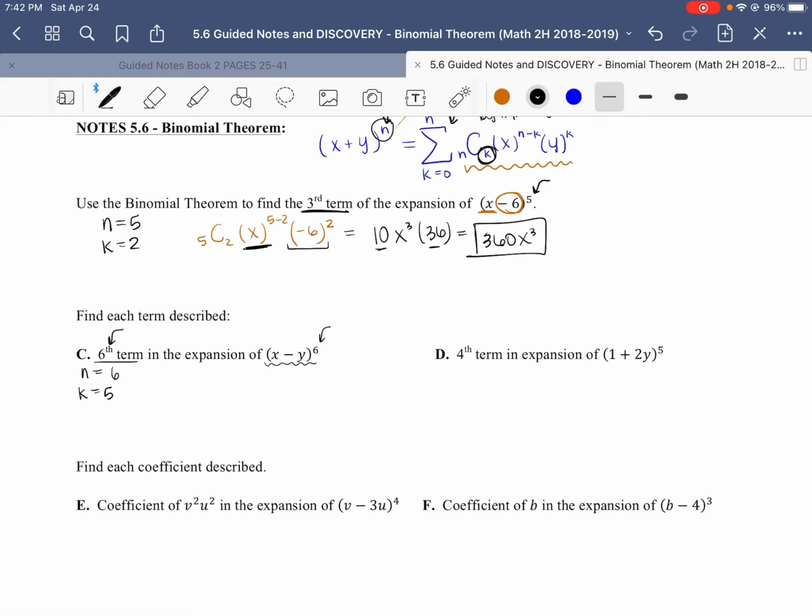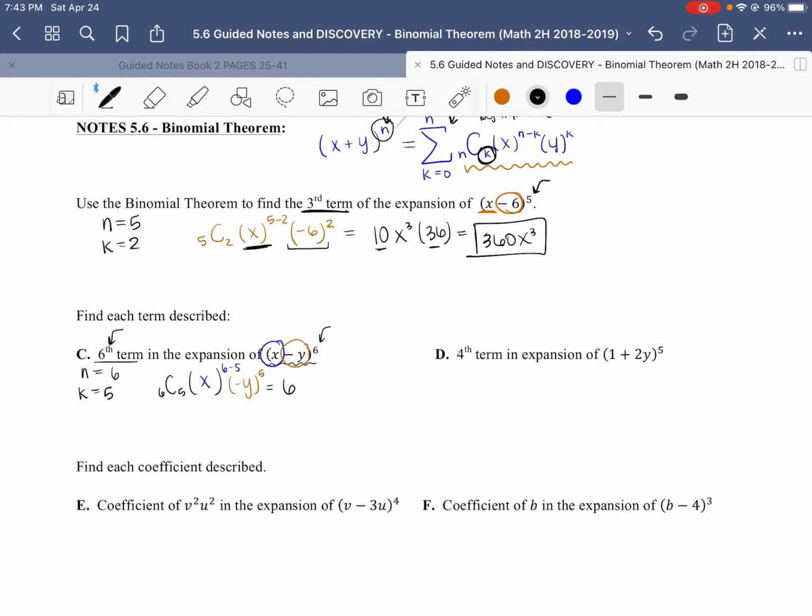I then use the formula and I do n choose k, so 6 choose 5. Then I do the first part of my binomial. I look over here, it's an x, so I do x to the 6 minus 5. The next piece is a negative y, so I do negative y to the k power as shown in the formula, and k is 5 in this case. We then go ahead and we simplify, so 6 choose 5